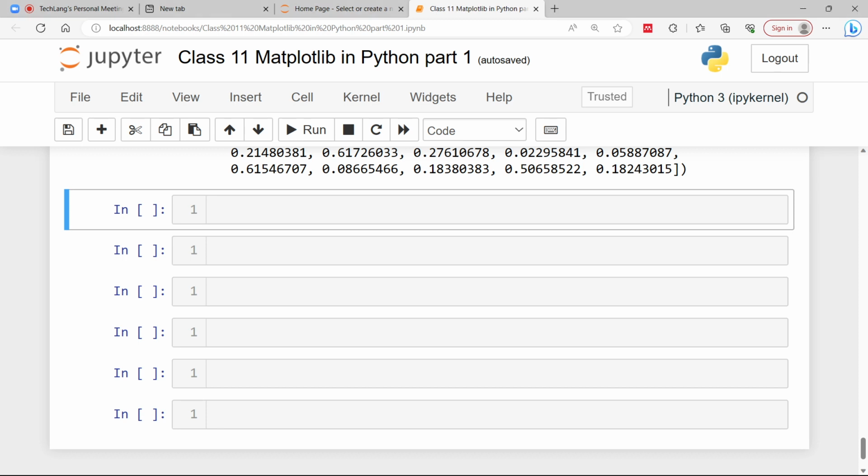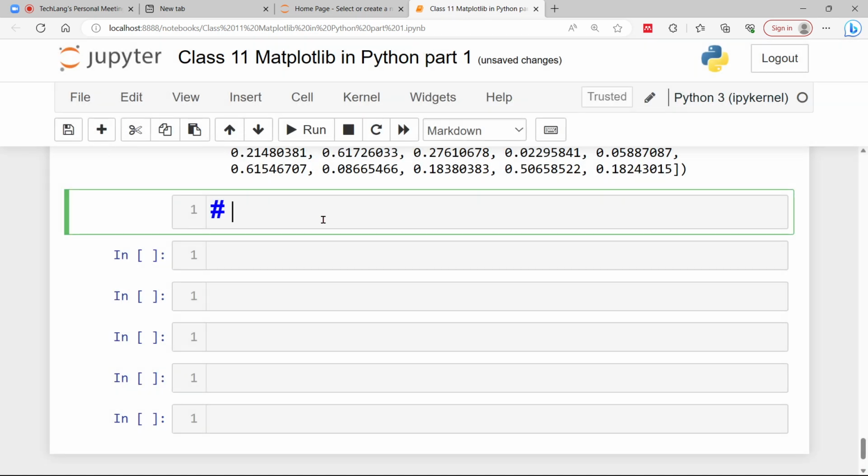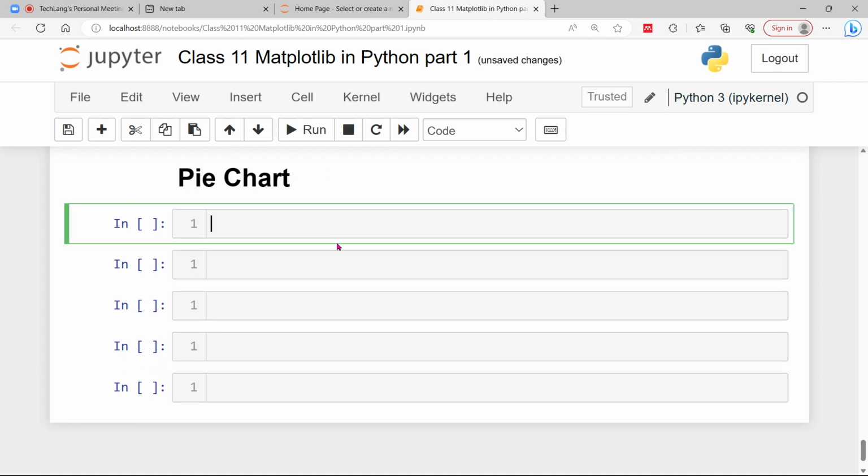Yes, we have the next chart called pie chart, right? So in this pie chart, we have so many values and let me define some labels here. So these labels are defined by some animals. Let's say I'm having frog as the first animal, or a dog as the second animal. So this dogs, and the cats is the category of the third variable, and